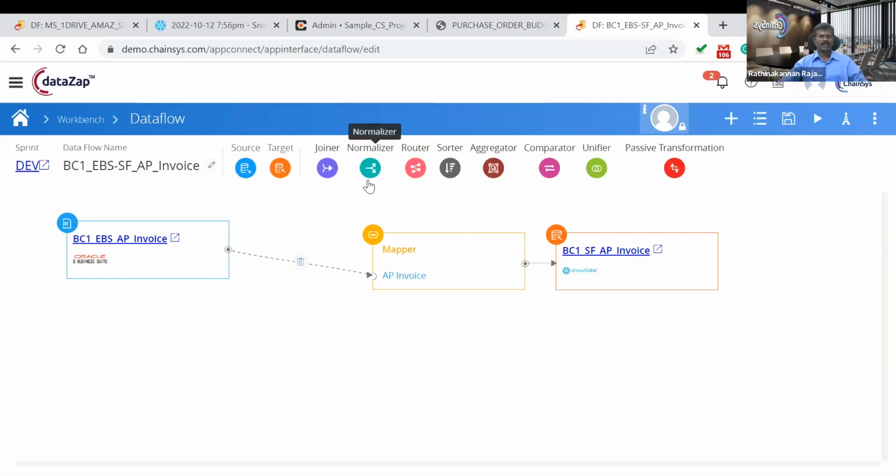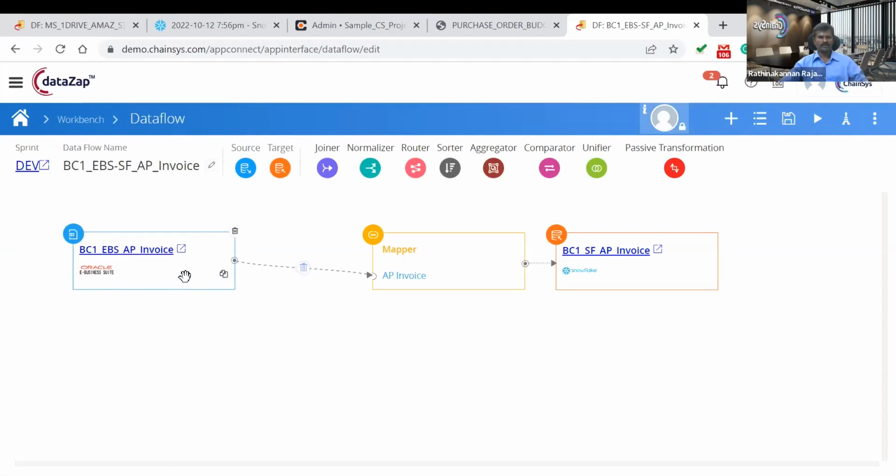Similarly, the normalizer transformation is helpful to split the data. For example, my source system is providing one file as an input file, but in my target system it's going to be two different tables, or it can be two different target systems, that's also possible. In those cases, you can split your data by using the normalizer transformation and then pass it. In addition to that, we have a few more active transformations available, like